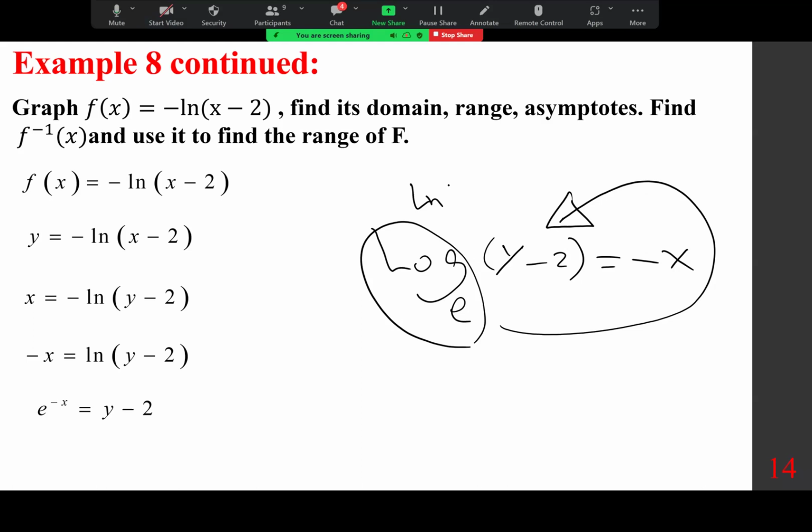And of course, move this negative 2. So I'm going to get rid of this and make it plus 2 on the left side. So y is e to the power minus x plus 2. And instead of y, I'm going to call it f inverse. Let me erase